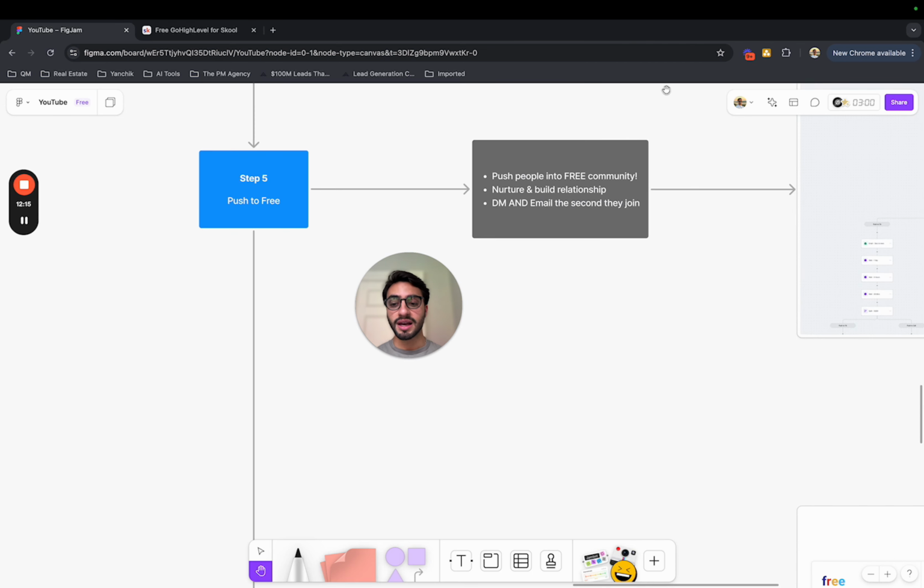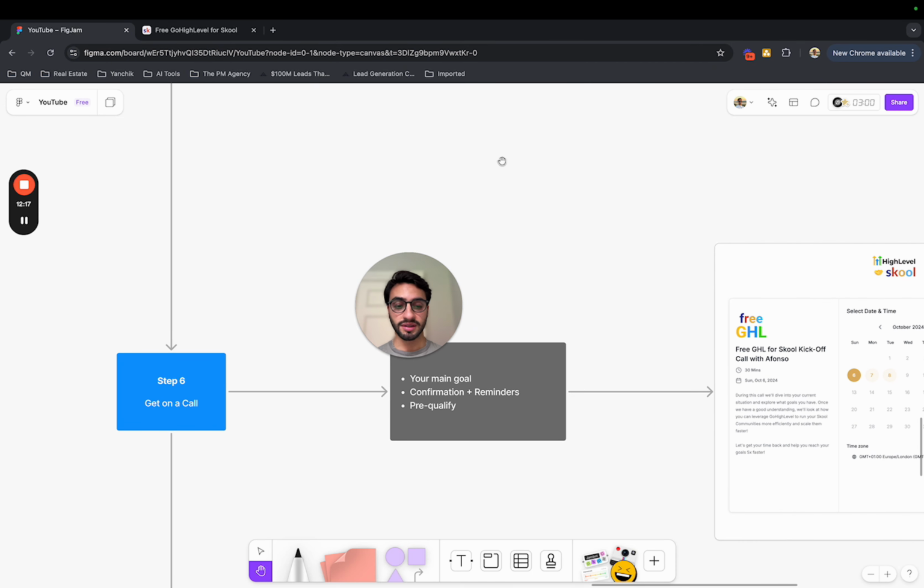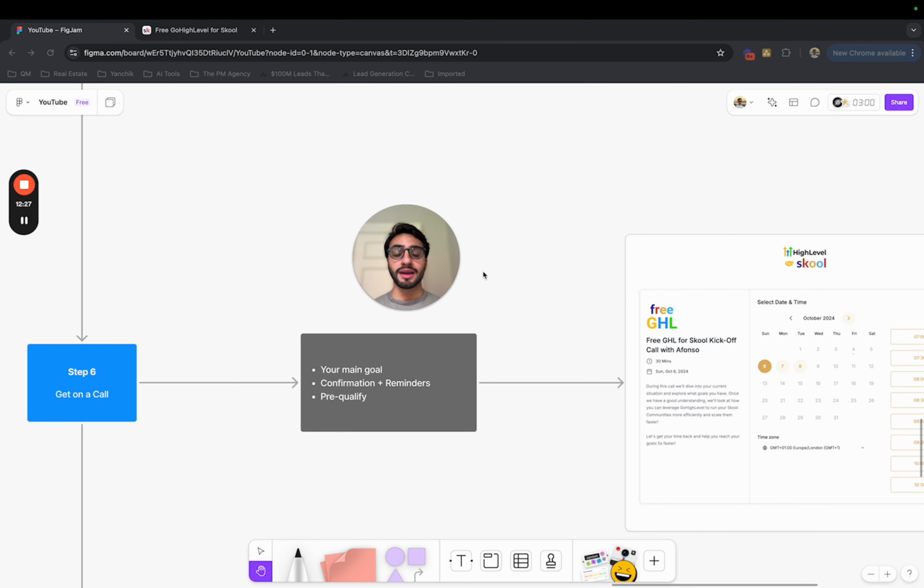After this, I moved on to step 6, which was getting people on a call. And to get people on a call, I leveraged several things. The first was daily posting inside of my community with a call to action for them to book in a call with me. Second was the auto DM feature, where I got them to engage with me right away,